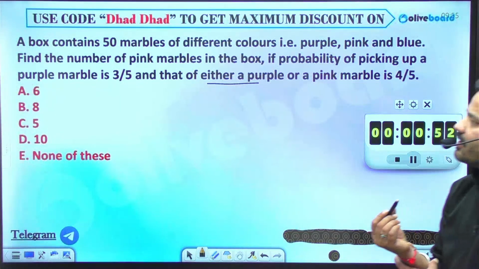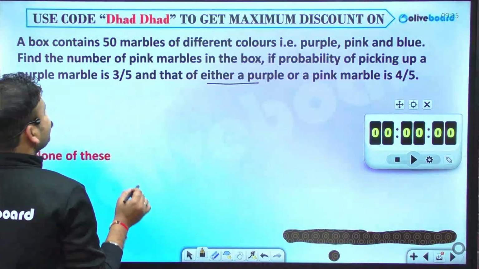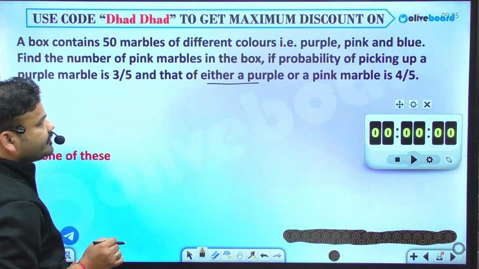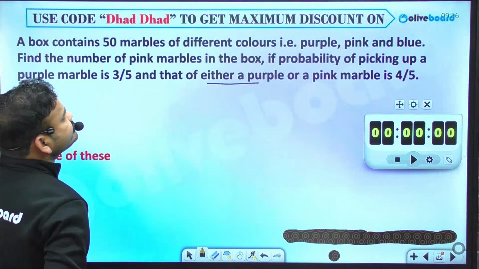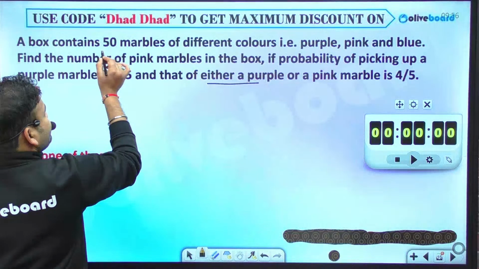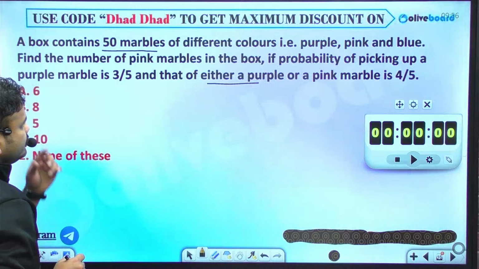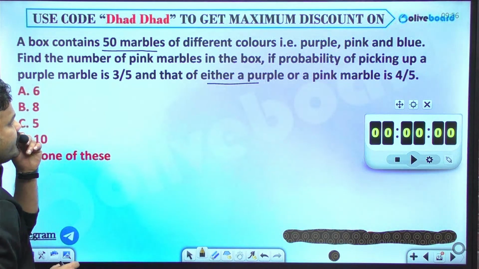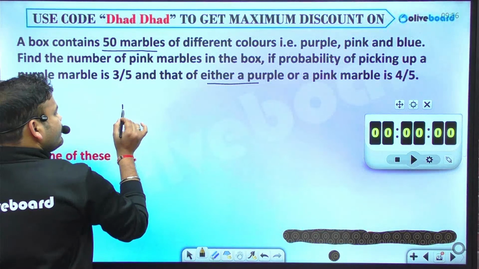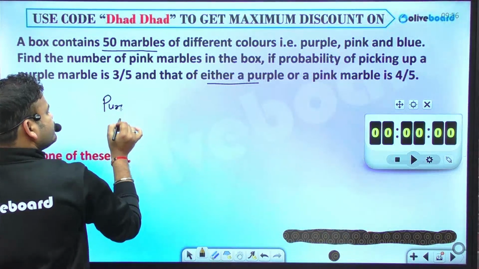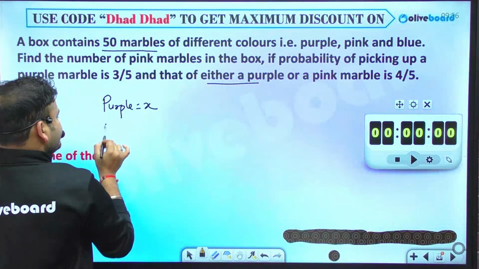A bag contains 50 marbles of different colors, ठीक है, 3 कलर्स हैं, पर्पल, पिंक एंड ब्लू, find the number of pink balls if the probability of picking up a purple ball is 3/5 and that of either purple or pink is this, how many balls are there, 50 marbles are there। Probability of picking up a purple marble, so purple marble will be, let's say purple marble is x and pink is y,